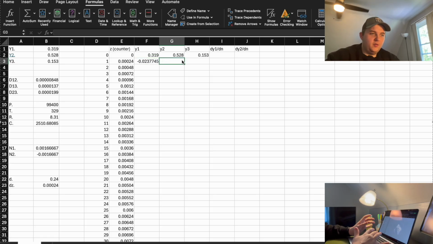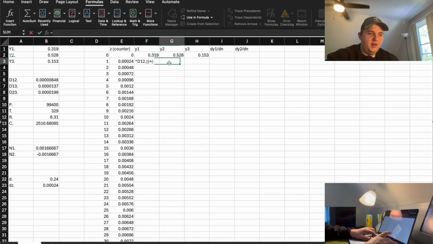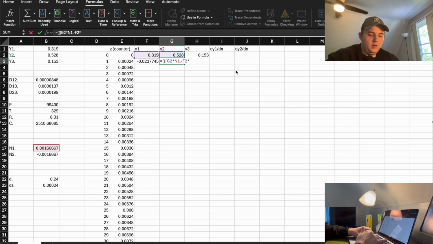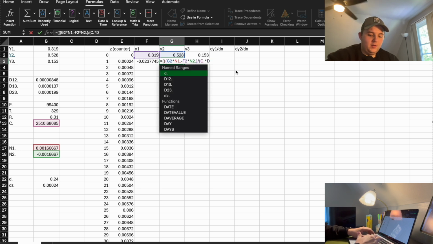And then we can do our second part, which I also have written down. It's just the same exact thing. Actually, let's not copy that over. That sounds like a bad idea. So we're going to have our g2 multiplied by n1 dot minus f2 times n2 dot divided by c dot multiplied by our 12 coefficient